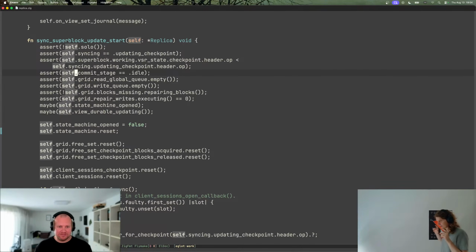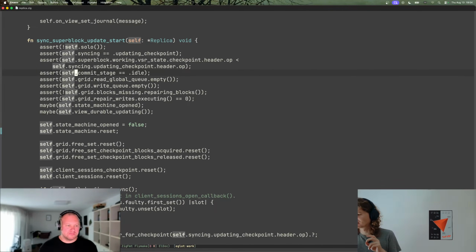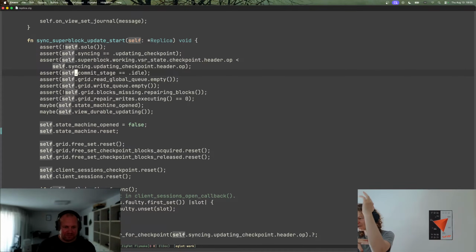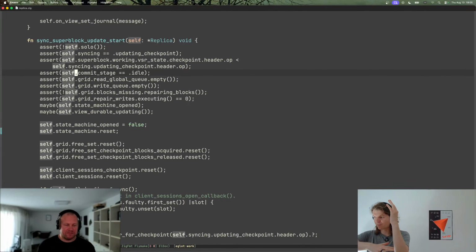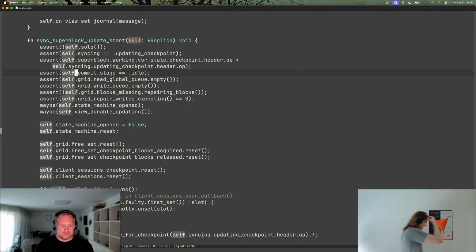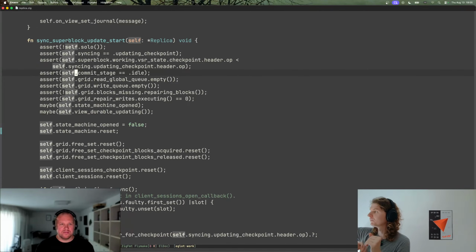So, remember what you have said, that we have the checkpoint, and then we have the in-memory headers, and we want to update them in lockstep. The thing is, in the VSR state, in the superblock, we store not only the checkpoint, but we also store the headers. There is a tiny suffix of headers we store directly in the superblock for redundancy. Why do we do that? Well, we'll understand when we finish